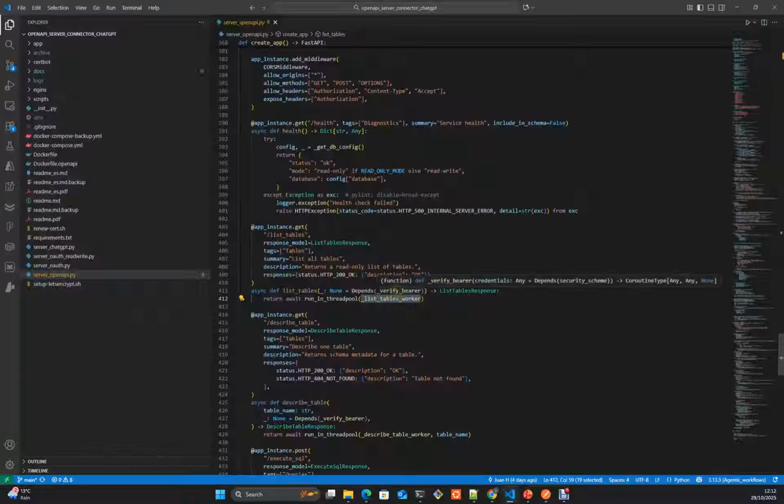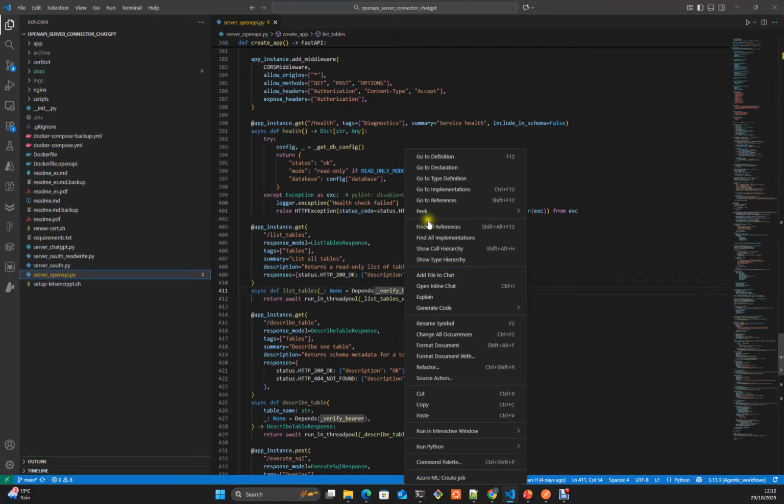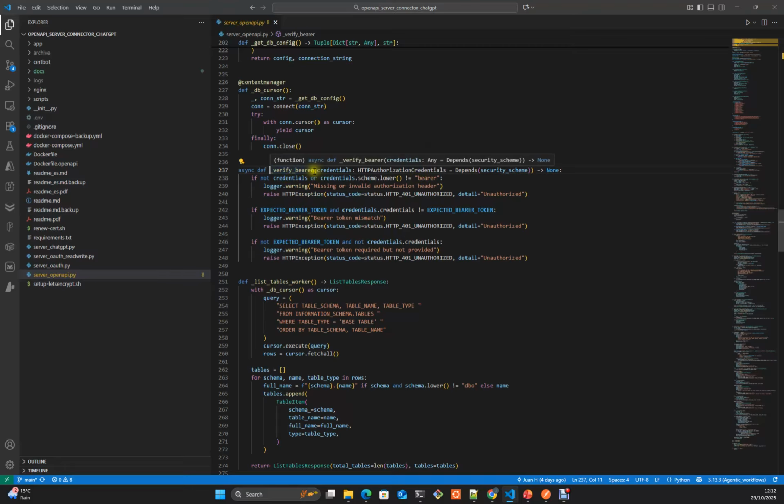So every entry point that you want to protect, you need to implement something like you see here. It depends on the bearer that you have at the top. Here it is going to check if you have an authentication header with the correct key that we have in our expected bearer token variable.